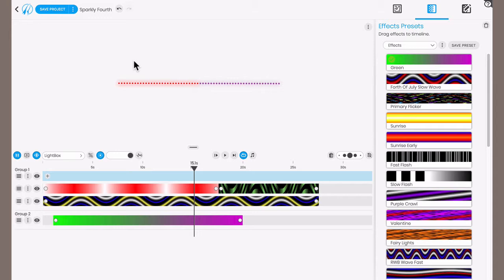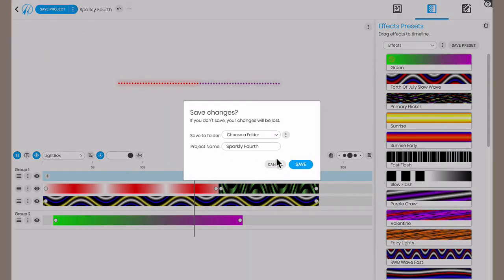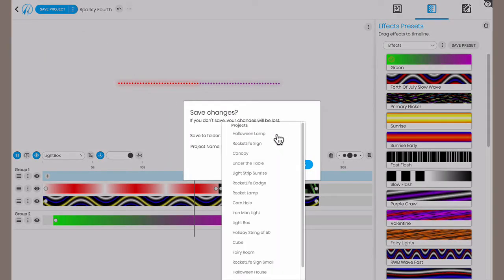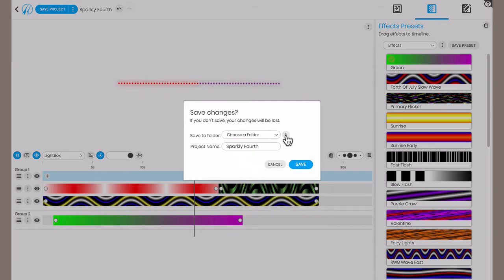So when I'm happy with this project, I can go ahead and save it. Just do a save as, just click on the dots again. So I'll click on that, and I can save it into any folder I like that I already have, or I can create a new folder by clicking to the right of that, clicking on the dots again, and new folder, I'll just call this new projects. And I hit save,